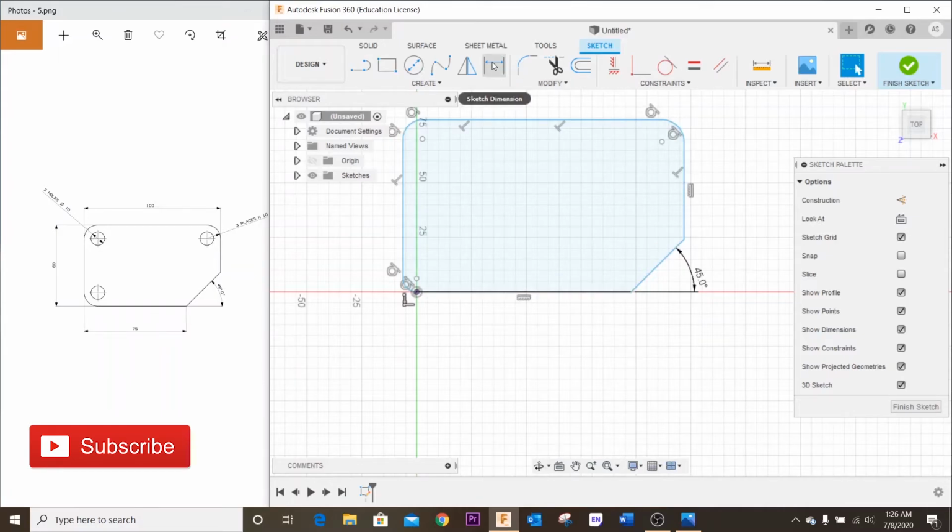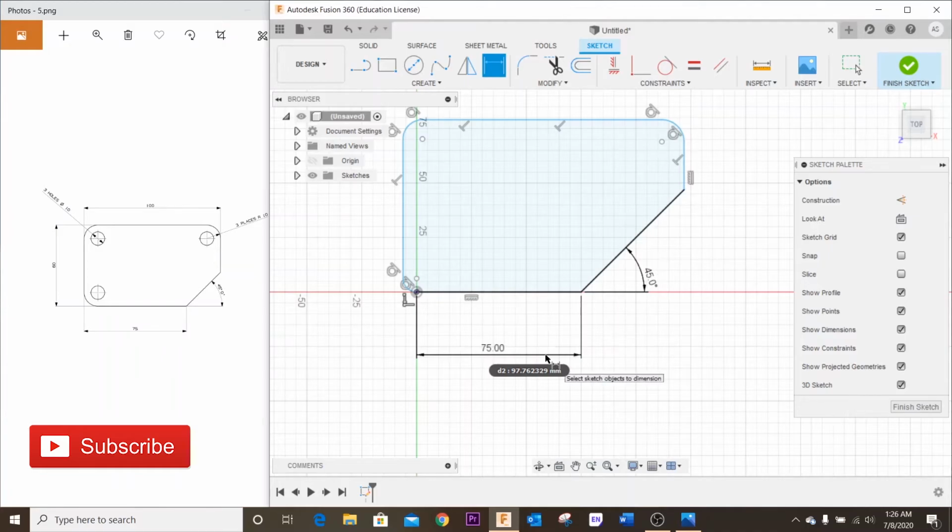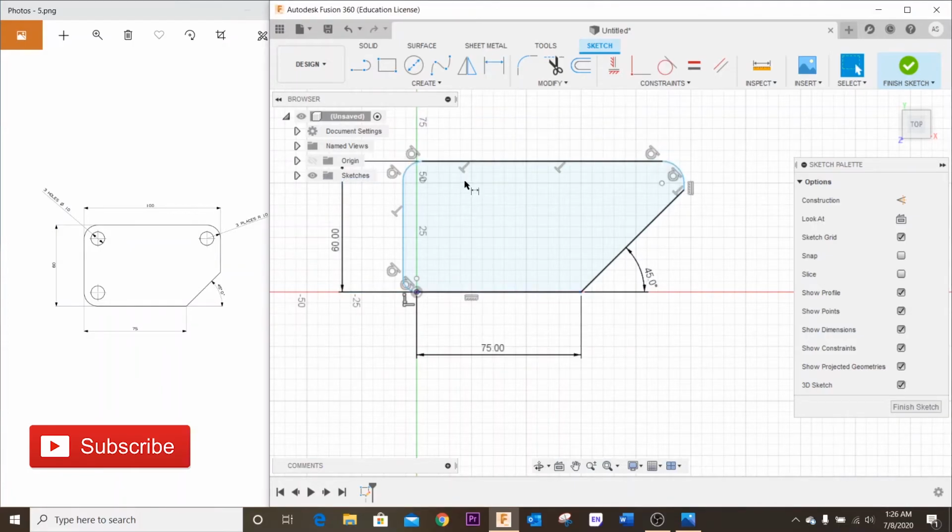To dimension this, we go over here, Sketch Dimension. We can also press D, and we're going to go here and make it 75. Then we have this dimension, which is 60 millimeters, or 60 units if you wish. So this is 60. Then we have the distance between this line and over here. So this is 100. Perfect. Make it here, and